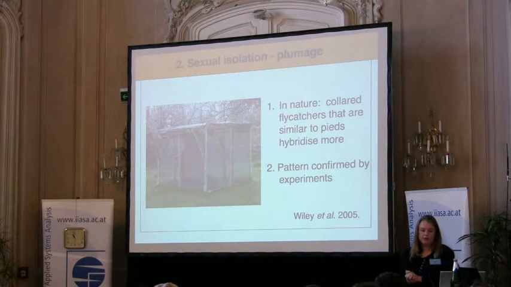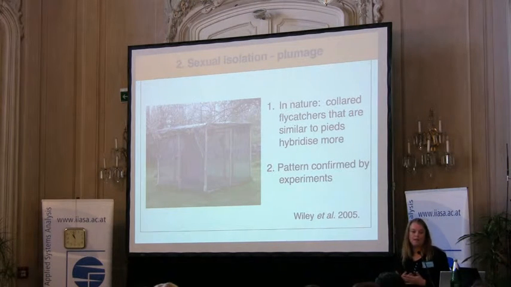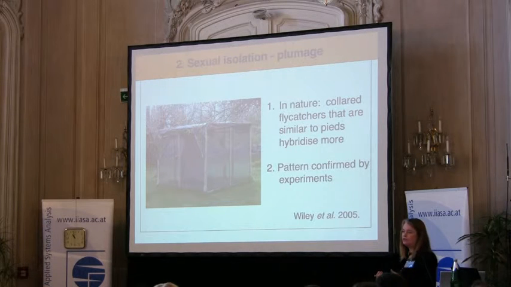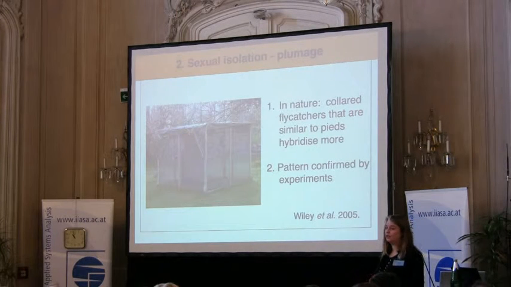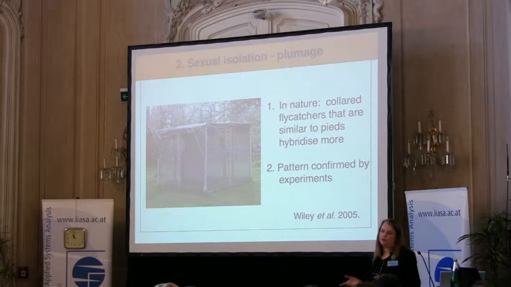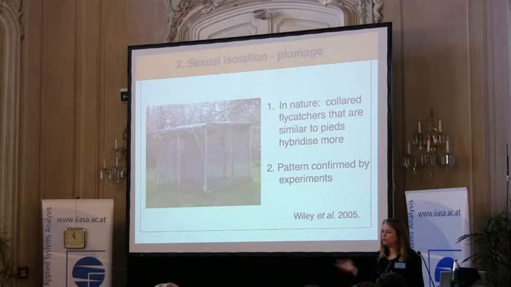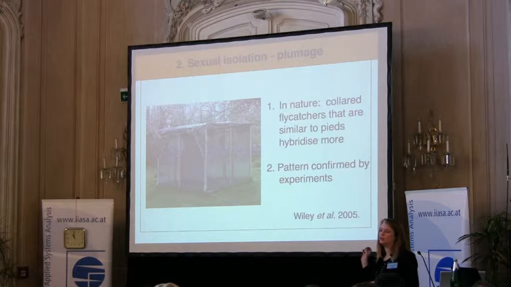Okay, so what about plumage? We have shown that collared flycatchers that are more similar to pied flycatchers in their plumage, that is mainly young collared flycatchers, are more prone to hybridize than the older males that look more different to the other species. And because this could be due to other aspects like how able they are to take up territories, we also did cage experiments to really tease apart these different possibilities to show that it's actually the plumage in itself